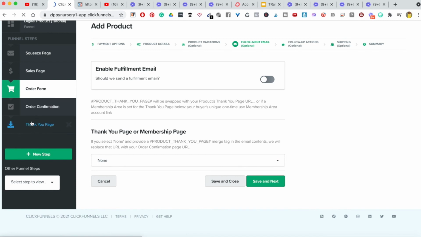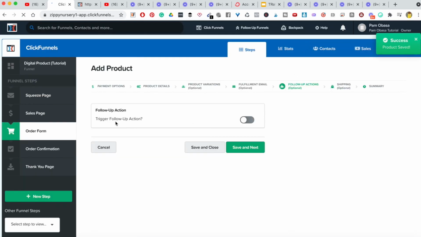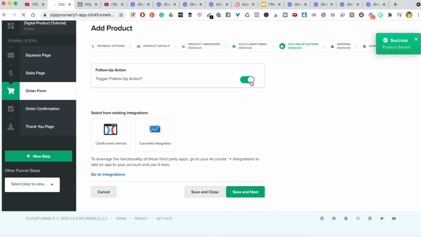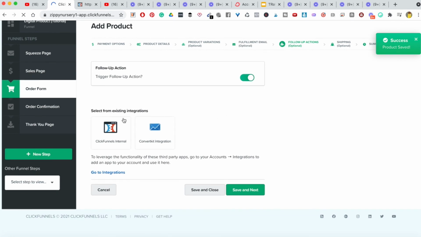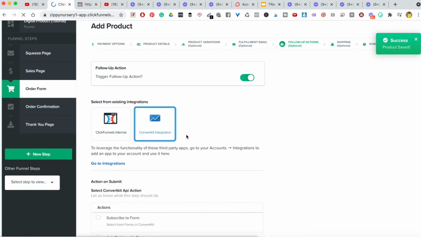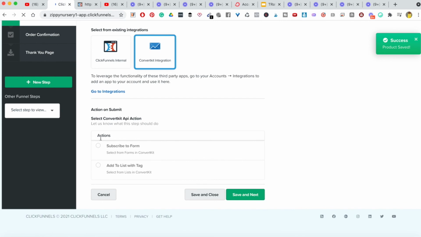Or you just grab the link from your thank you page and you add it here. You click on save and next, and then it's going to take us to follow-up actions over here. When we get to follow-up actions, you definitely want to turn this on. Now you can see that we have two softwares integrated. We have Clickfunnels and we have ConvertKit. So here you want to definitely select ConvertKit, and this is where you want to add whoever has purchased